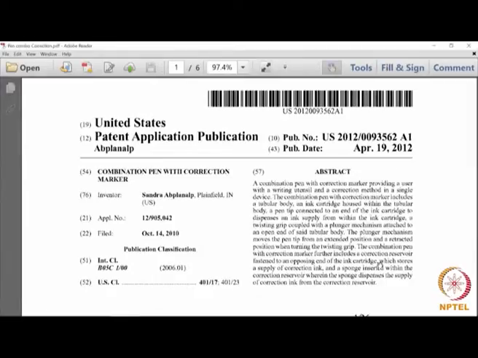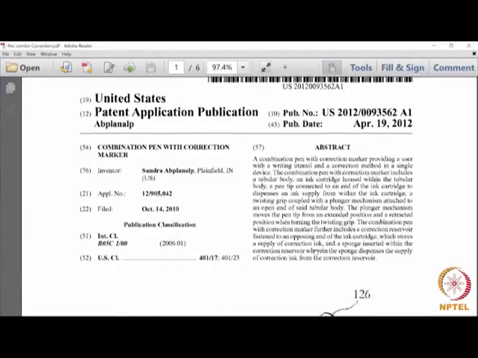Now abstracts the world over perform similar function. They describe the invention and it is a concise summary, and they indicate the technical field to which the invention belongs. It describes the technical advancement, principal use of the invention, and if it is a chemical substance, it also may contain a chemical formula. So this is the abstract.